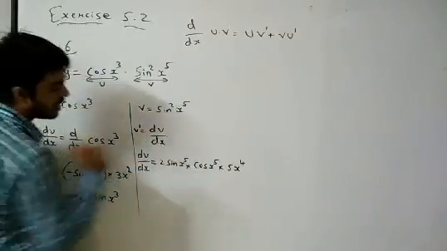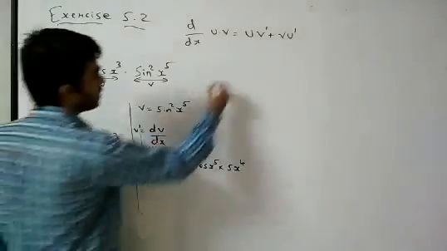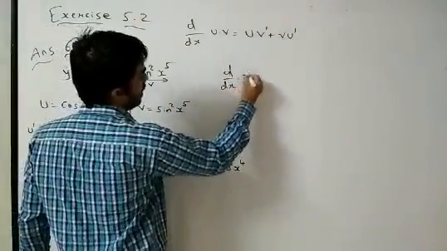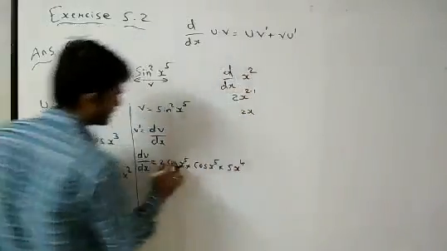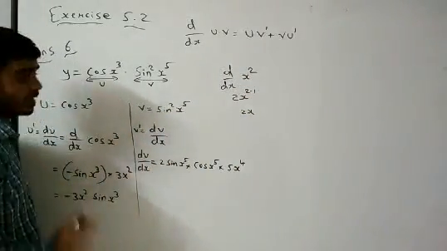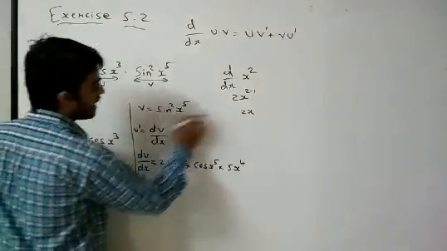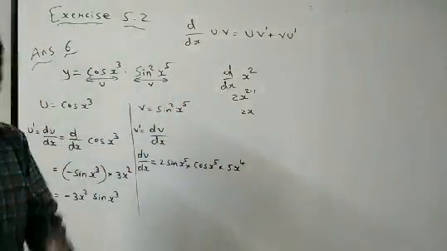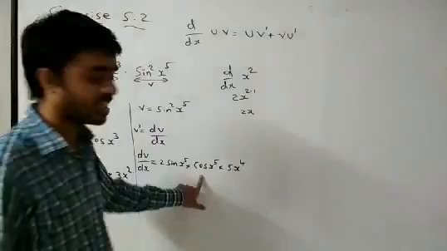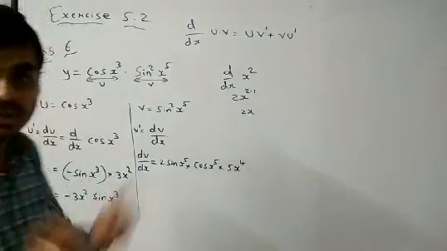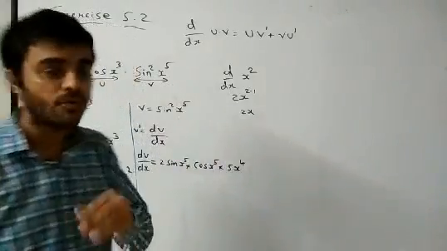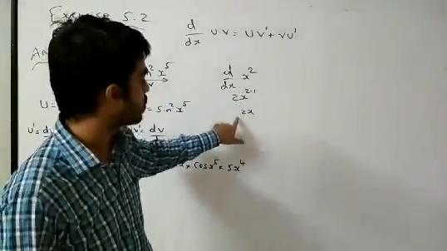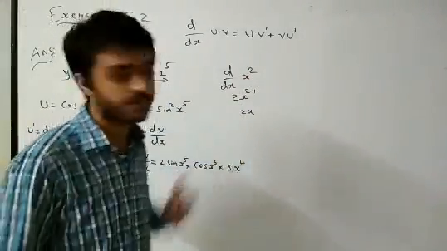Why have I not written the square here? Because the derivative of x square is 2x. Why 2x? Because 2 minus 1. Same here with 2 minus 1, so sin x power 5. Then, what is the derivative of sin x power 5? Cos x power 5. I hope that is also clear. Now x power 5, what is the derivative of x power 5? For x power 2 it is 2x, for x power 5 it is 5x power 4.